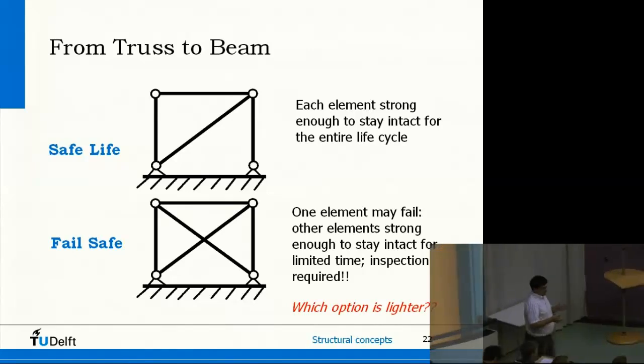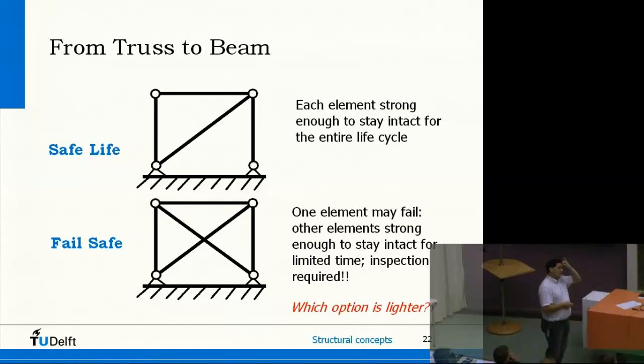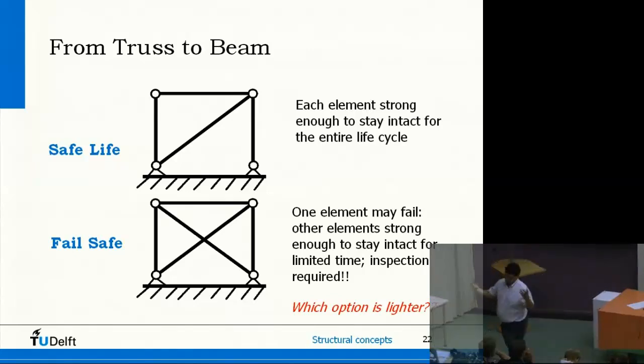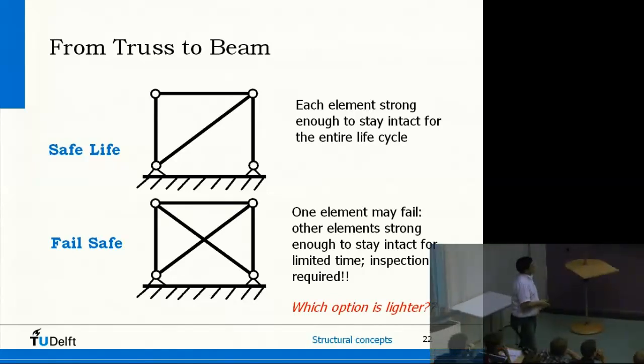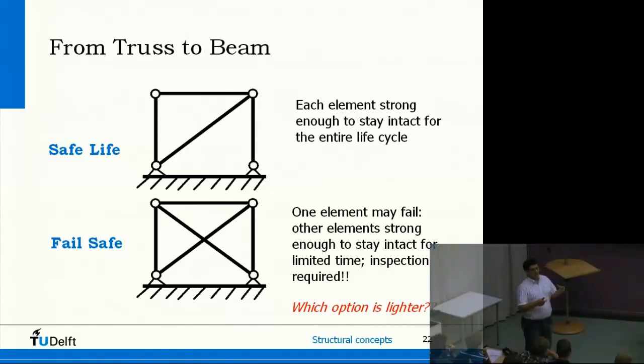If I have to design a structure for, let's say, 20 years, what you used to do in a safe life arena, you say, okay, if all these elements should work for 20 years, then I have to make them strong enough that I'm sure that during that lifetime they won't fail. That means I have to make them thick enough, sturdy enough, strong enough, and so on. That means maybe I have to make them a little bit thicker than I want to.